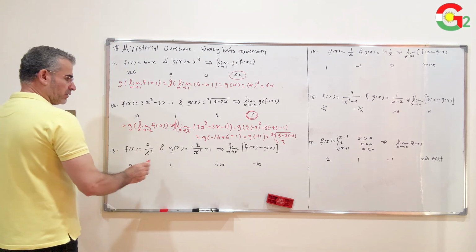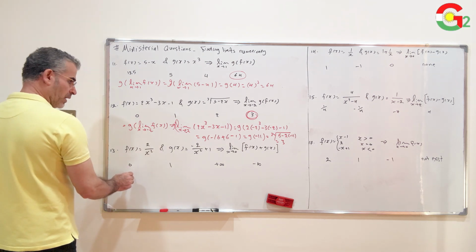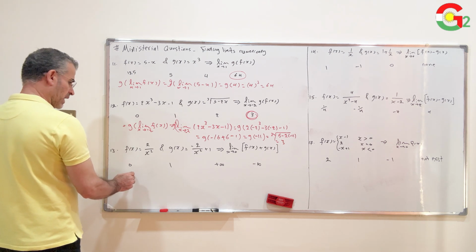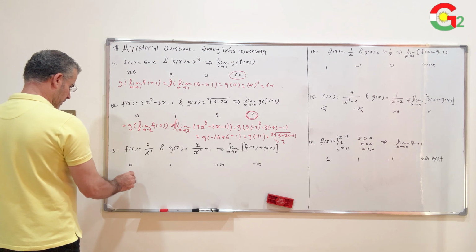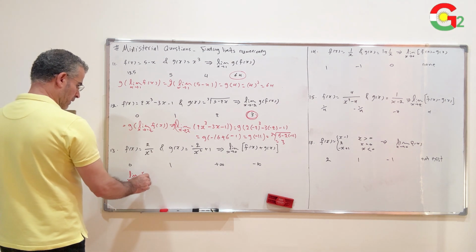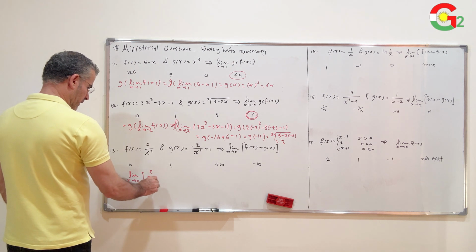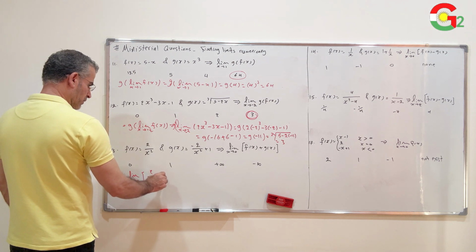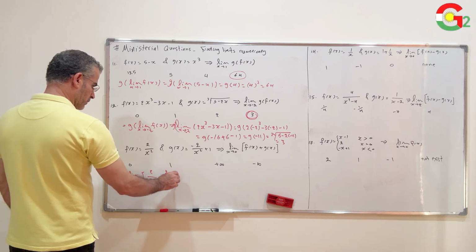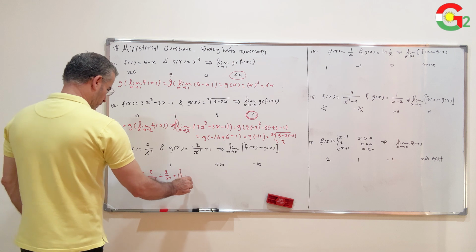Then I'll try to add f of x to g of x and then find the limit. This limit will be the limit as x approaches 0 of f of x, 2 over x squared, plus g of x, negative 2 over x squared plus 1, equal to